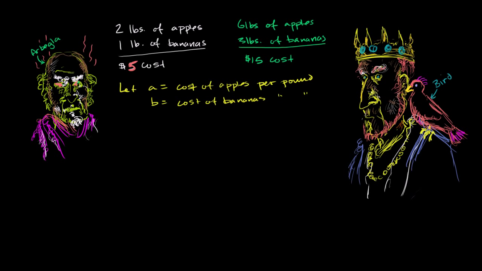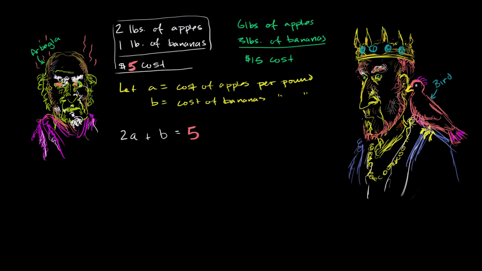So you think for a little bit, how is there now going to be a solution? Let's break it down using the exact same variables. If A is the cost of apples per pound and B is the cost of bananas, this first constraint tells us that 2 pounds of apples are going to cost 2A, and 1 pound of bananas is going to cost B dollars, and now the total is going to cost $5. This is the corrected number. And we saw from the last scenario, this information hasn't changed.